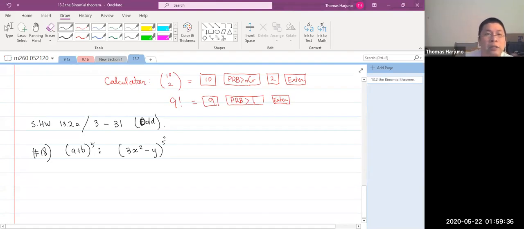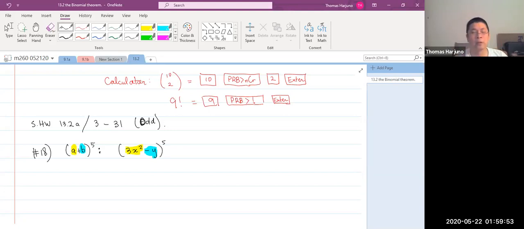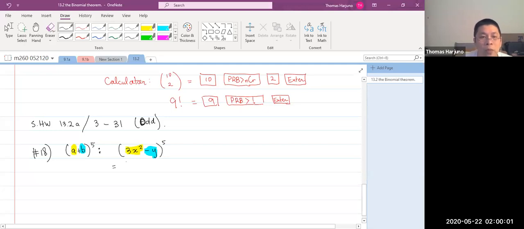How do we do this? The way we see is the following. My a is 3x squared. My b is negative y. Okay, so the expansion of 3x squared minus y to the fifth is equal to a to the fifth plus something a to the fourth times b to the 1